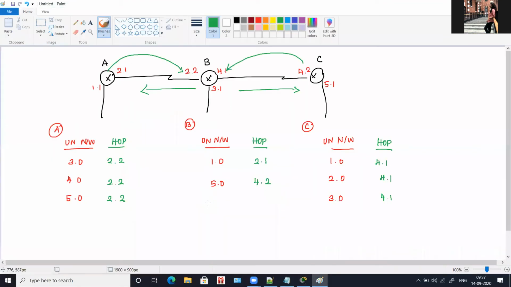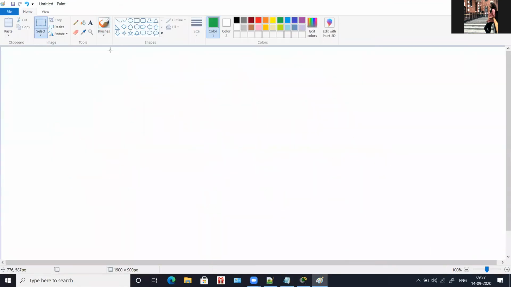Okay, so to summarize, I'll tell you what you have to do in your to-do. Your to-do for today is static routing. So in static routing, you have to take three routers: router A, router B, and router C. For these three routers, you have to check whether you have the serial interface. If not, you have to add serial interface. You have to turn off the router, then add serial interface, and then turn it on. This is the first thing that you will do.